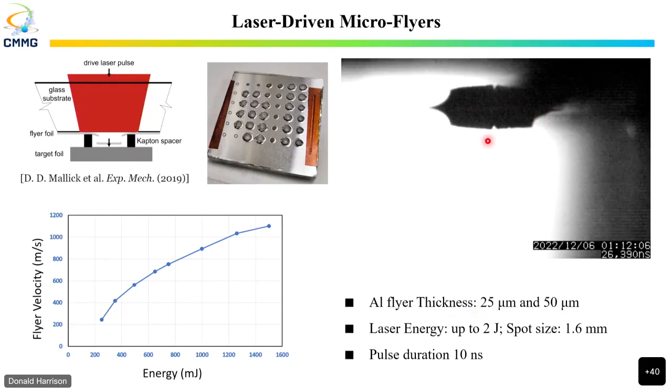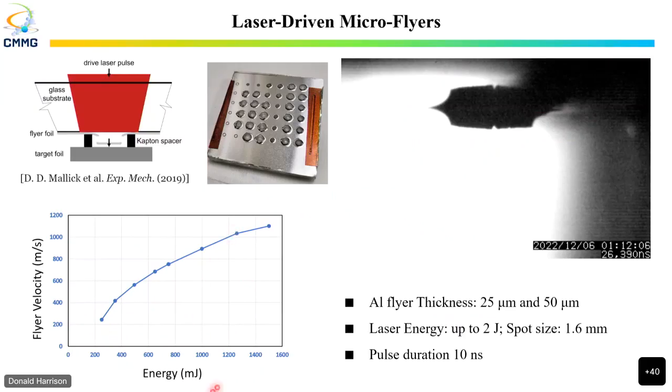But if you look at the velocities of the flyers at different energies that you're depositing, you have an increase with fluence, but it kind of starts to saturate over here. The question is, why does it saturate? Why do you see this increase? Is this because of the amount of material that is ablated at the material, or is it